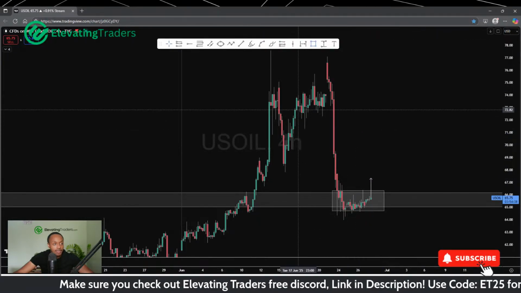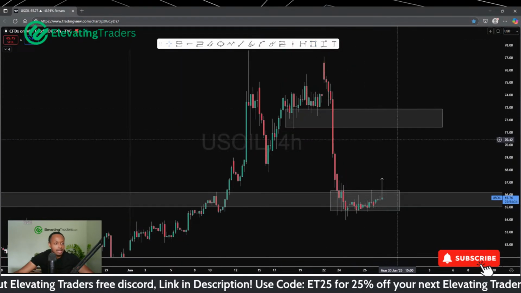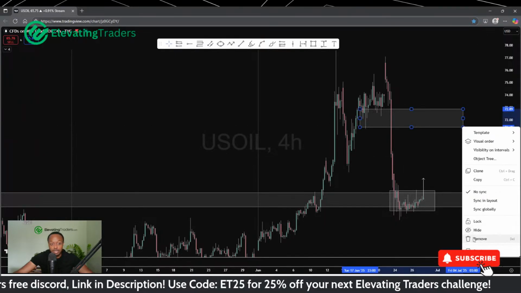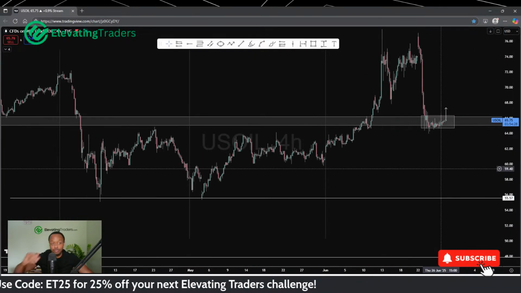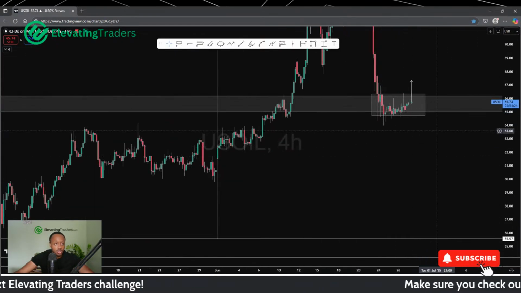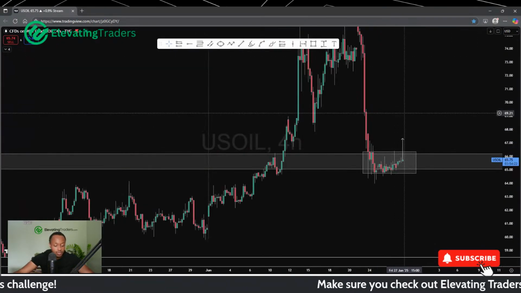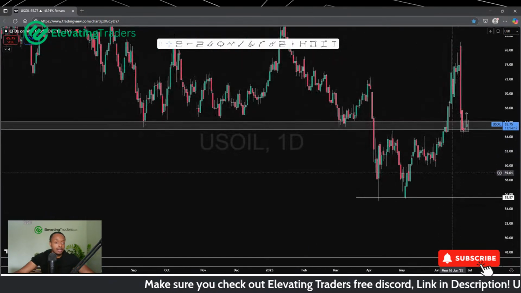I would probably have some targets up here as the first area to look at for some profit taking. But if it does go very well, there are a lot of targets there to look at. But yeah, trading at a really great price. I'll keep an eye here for an entry. Stops below the low there, I think, is a smart move to take. And definitely at a very nice location for a buy.